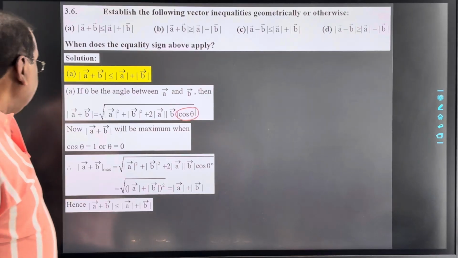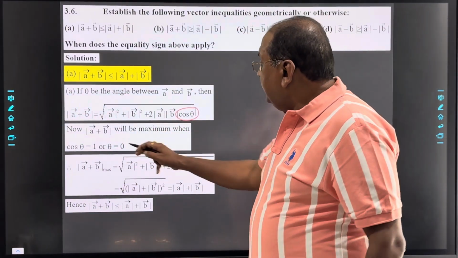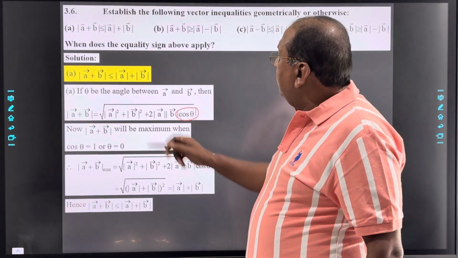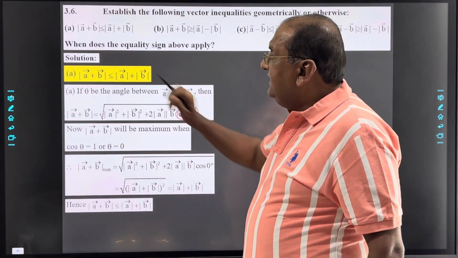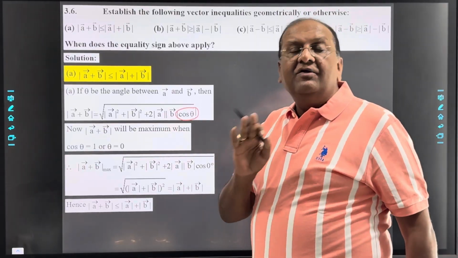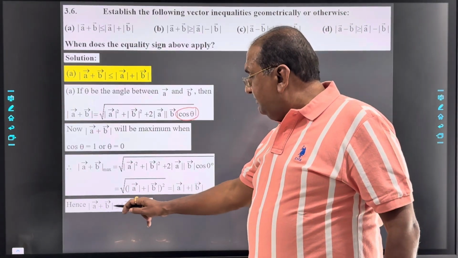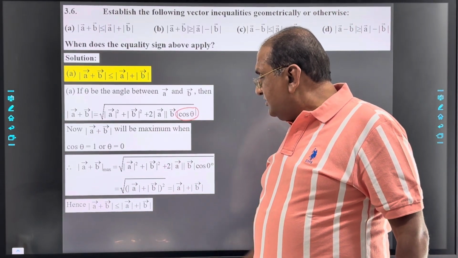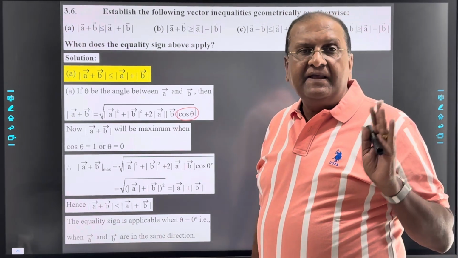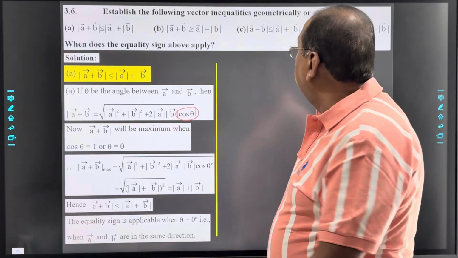Clear? So here we can see, if theta is equal to 0, only in that case the equality sign applies, or in all other cases we can say magnitude a plus b is less than or equal to magnitude a plus magnitude b. Clear to all of you? Now second,